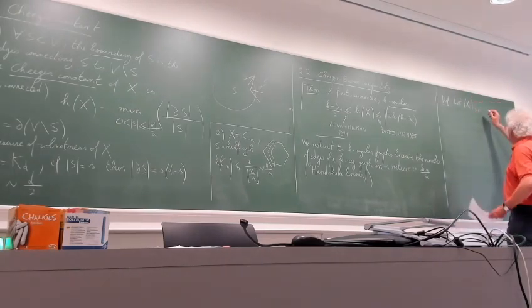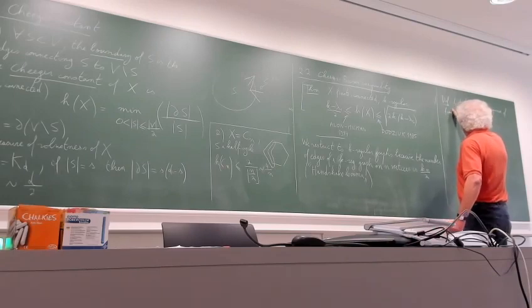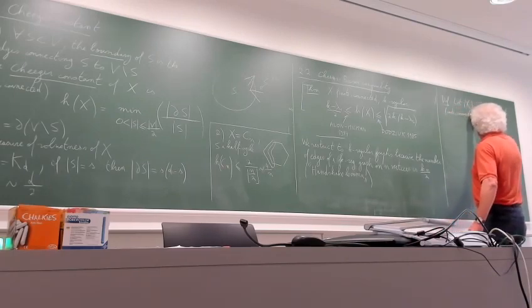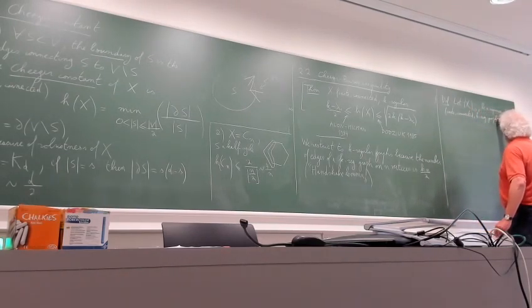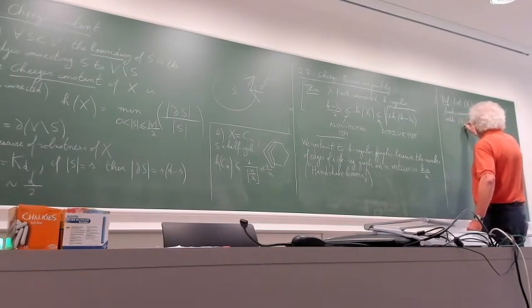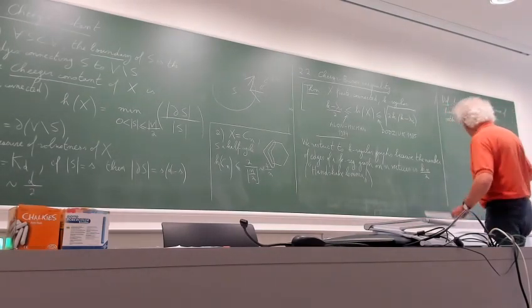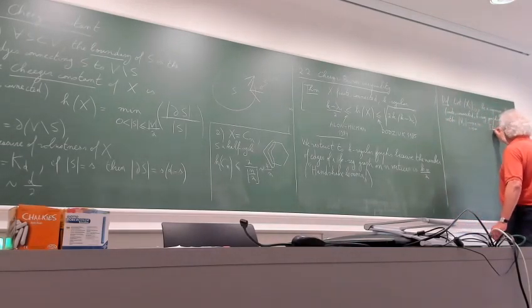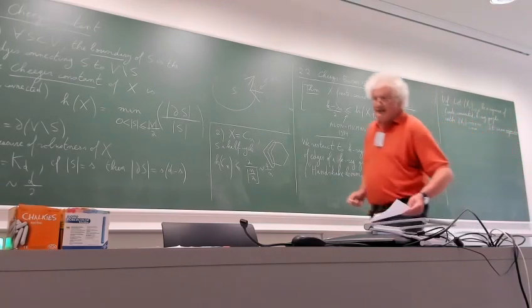So let Xi be a sequence of finite connected k-regular graphs, and you assume that they have increasing size. So this means that the number of vertices goes to infinity for i going to infinity. And we say that this family is an expander, if